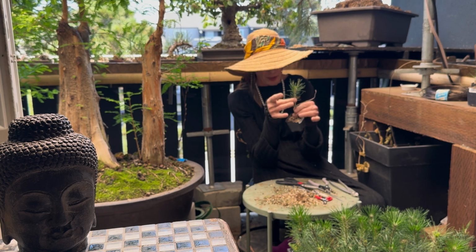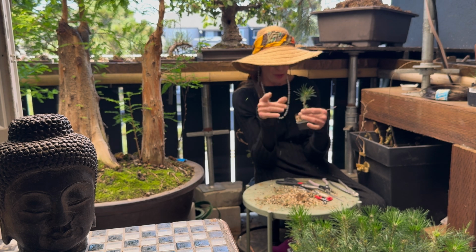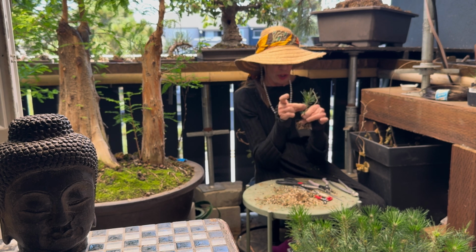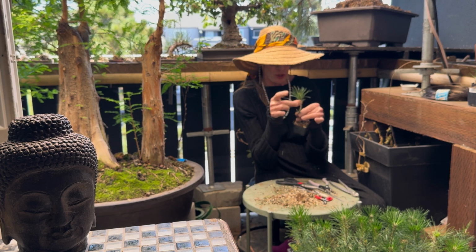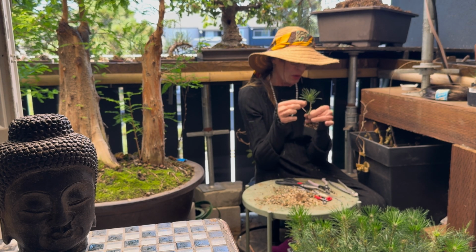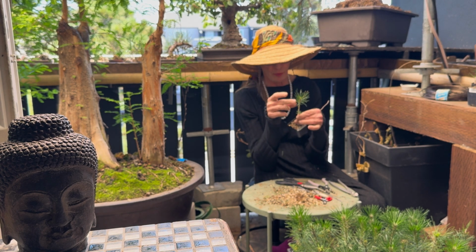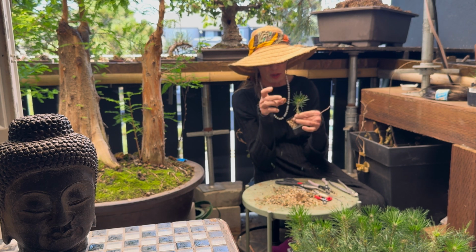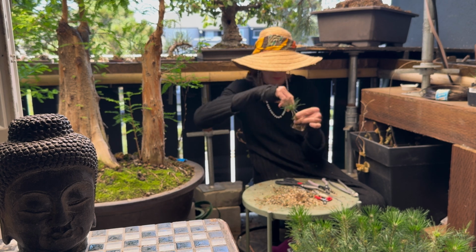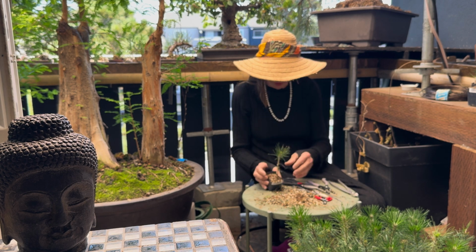I've got some nice sized terracotta pots over here, and I'm thinking about growing some of our smaller pines out bigger, and I'm for sure not going to be growing them in bigger pots in Akadama or even Boon Mix. For that, I'm going to go with my big bean bag of perlite, and see just how long. Now, I'm not saying I'm going to have mature bonsai growing in perlite,